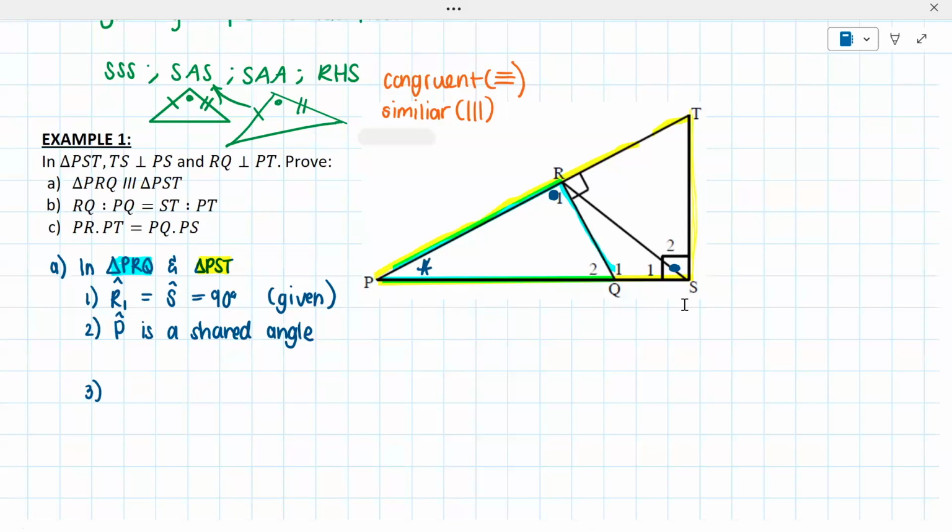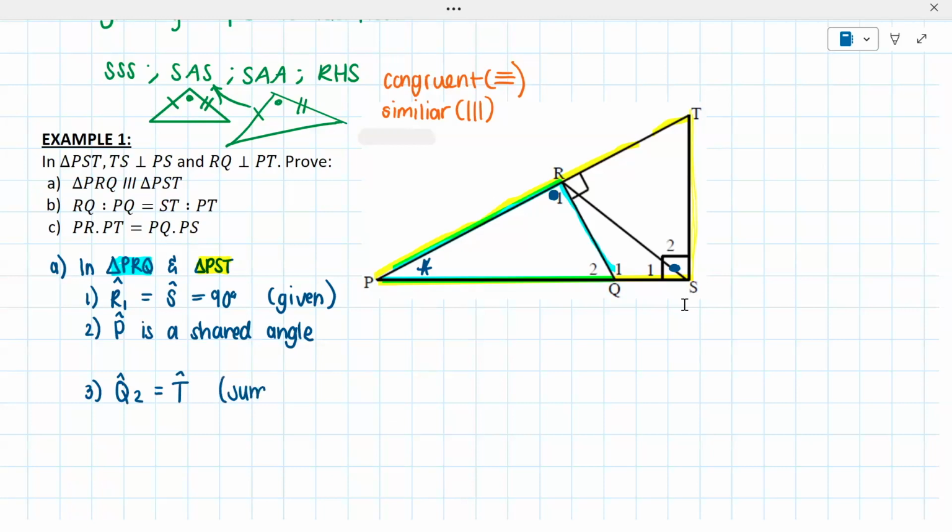Now, guys, what you need to remember is that if two of your three angles are the same, that automatically means that the third angle has to be equal. So if you already know two of the three, the third one has to then be the same angle. So that means that angle Q2